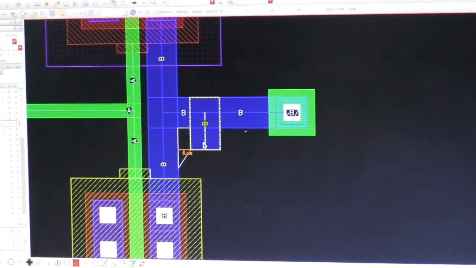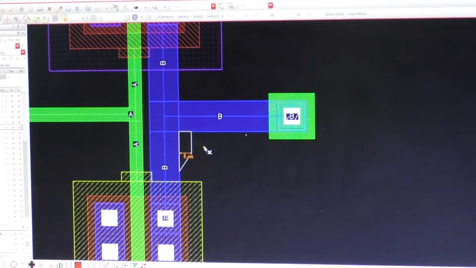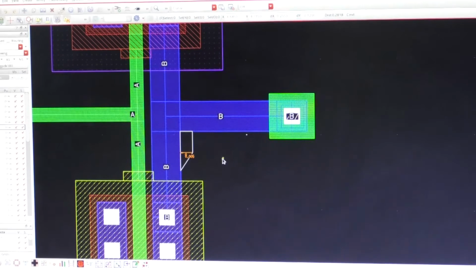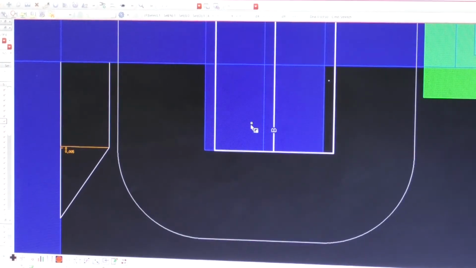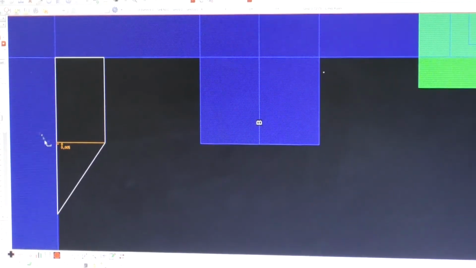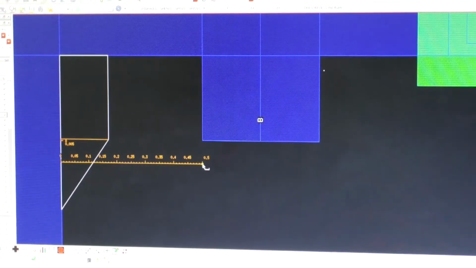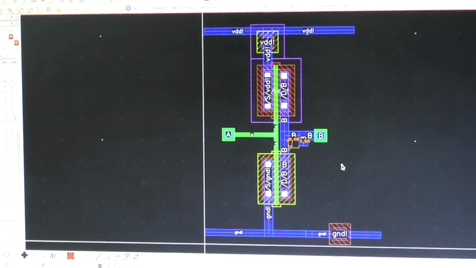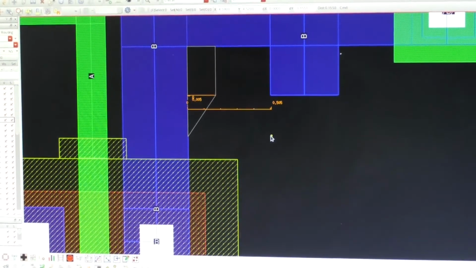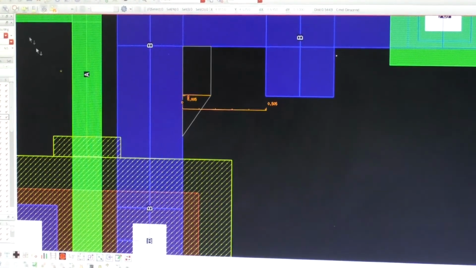Yes, in this way. Or else, suppose I have placed the material like this, so that the gap is now more than 0.3, and let us verify the same circuit. Will it reflect any design rule violation or not?